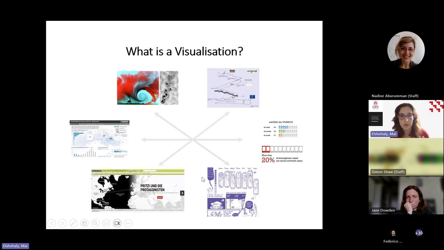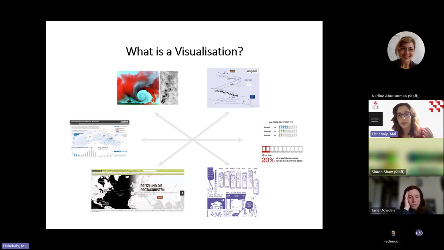We also look at the different scales of the data that can be included in a visualization. People can include things that are very personal, such as personal habits and timelines of things that they do in their day-to-day activity, up to large-scale, population-level data that we see typically also in data journalism and so-called scrollytelling applications, where you can scroll through a series of visualizations along with narration to tell you a story about a situation around the world. And we see these most commonly in things to do with global warming and climate change.